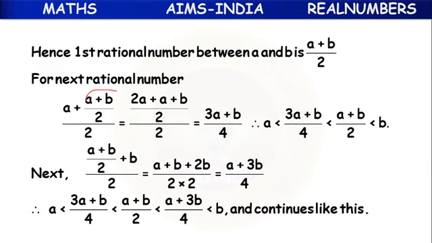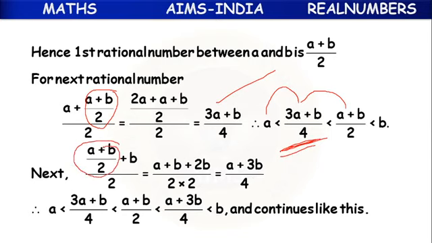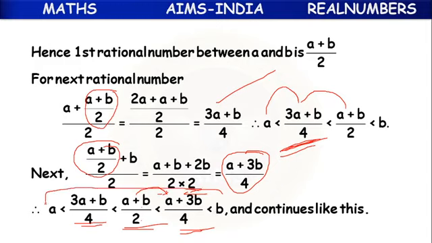So here, if we add, we will get a value which is greater than a and less than this number, which means this will be the second rational number. If we add (a+b)/2 here, we will get one more rational number, greater than this one and less than this one. So this is the first rational number. By adding the first rational number, we get the second. By adding the first rational number to the other part, we get the third. Like this, we have got three rational numbers.